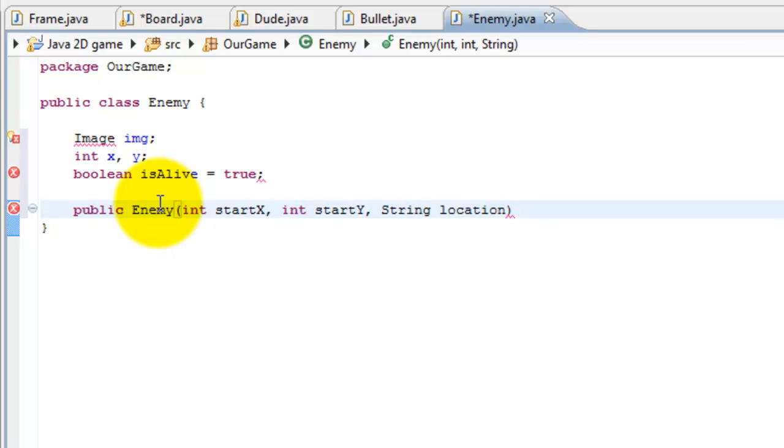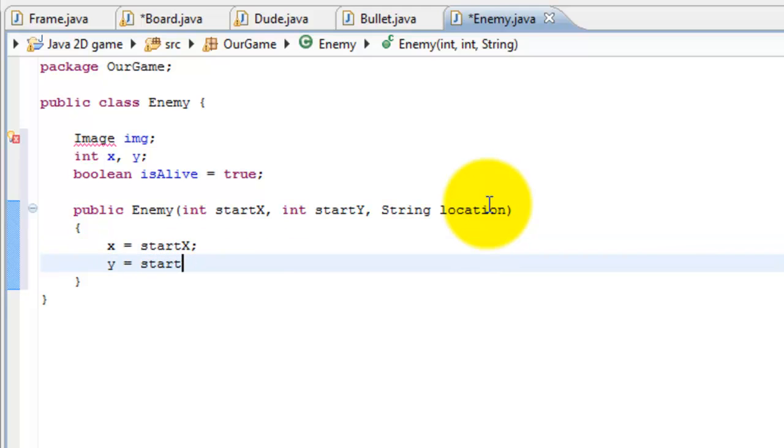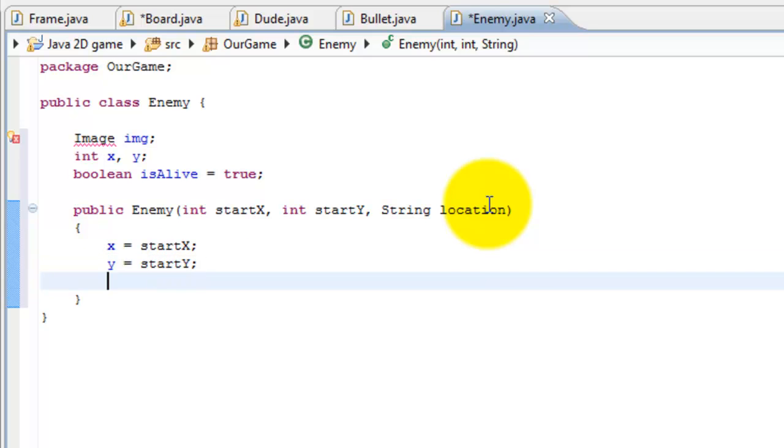Now the reason why I have this location here is because we're going to have different enemies. They may have different images, so we're going to pass in our location when we initialize the object of this class. So x is equal to startX and y is equal to startY,